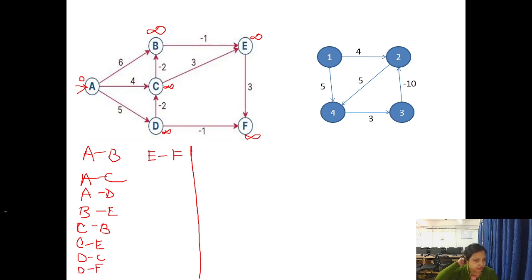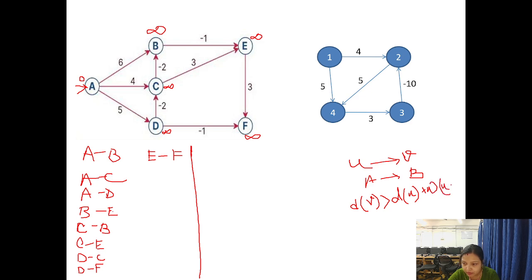Now we will apply the algorithm here. So the algorithm says what? If there is a path from U to V, suppose in this example A is U and V is B, so we have to find out the distance of V. If the distance of V is greater than distance of U plus weight of U and V,